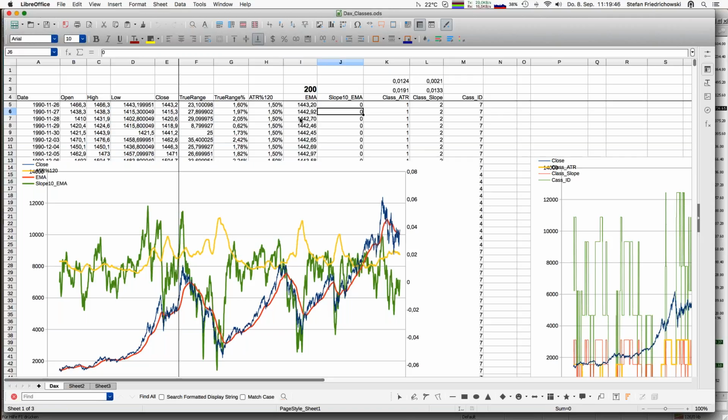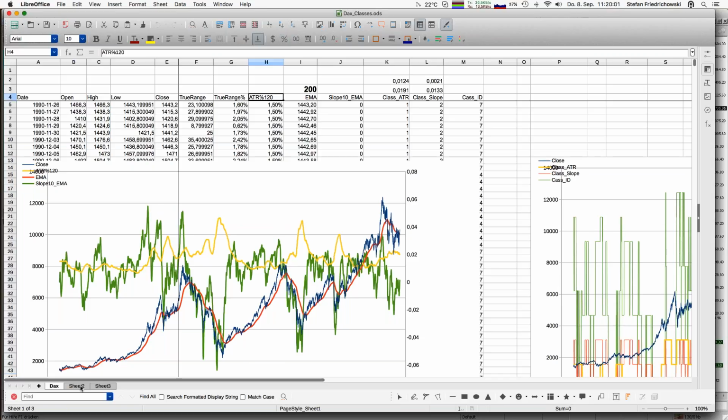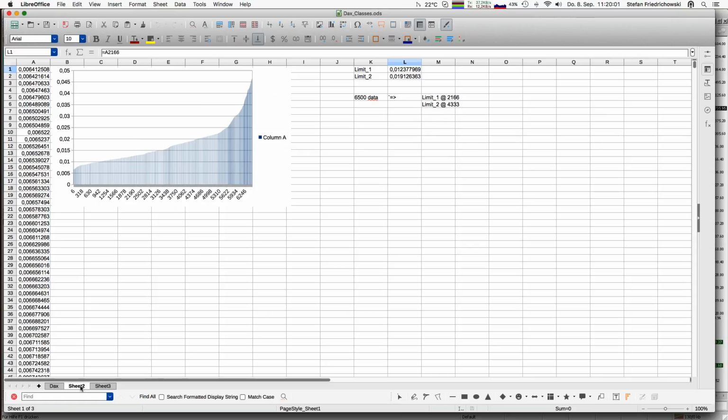And then what we have done is we looked at the numbers we get, so all the different numbers we have for the ATR values, for example. We took all those values and we copied them into an additional sheet, and then sorted all those values